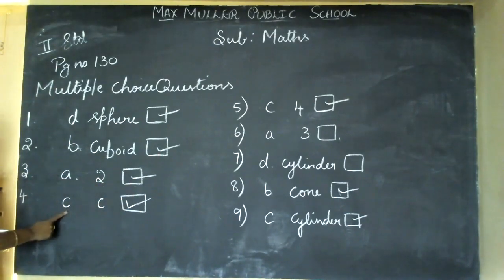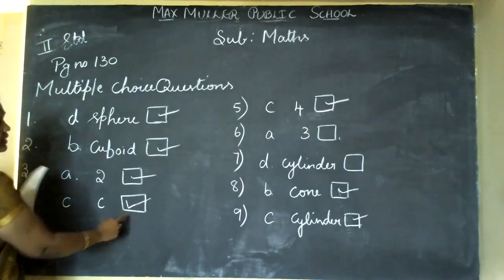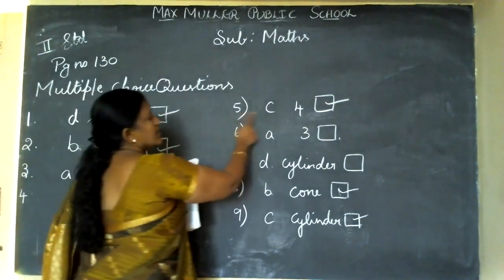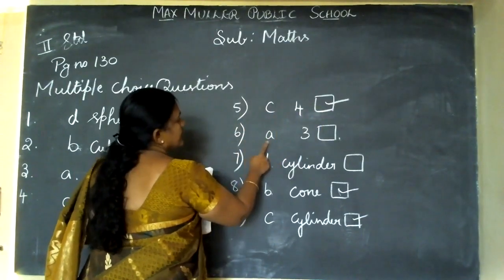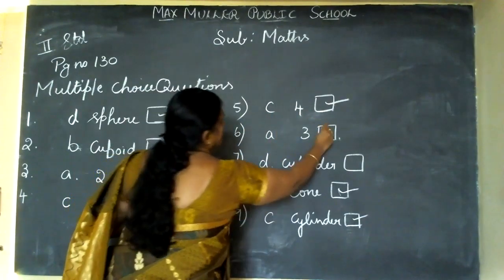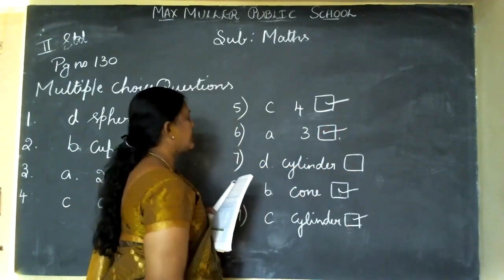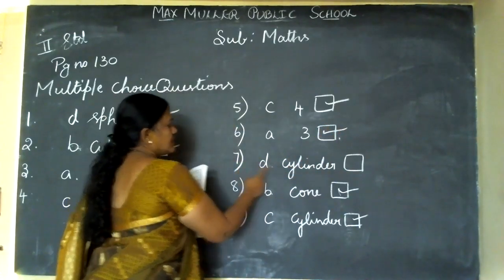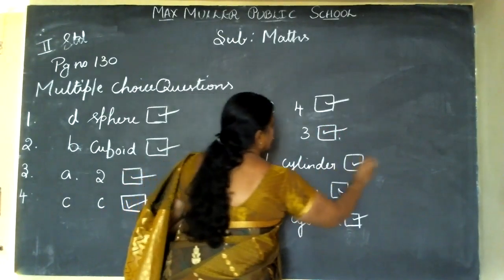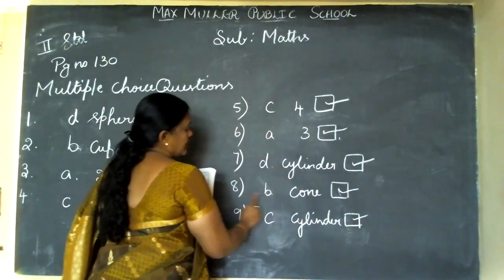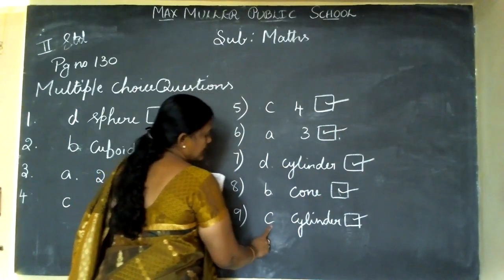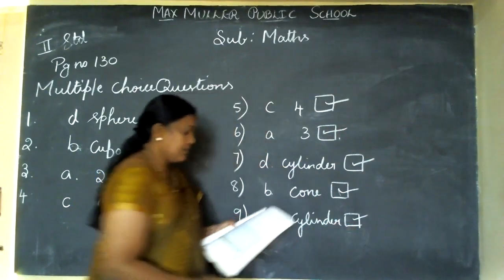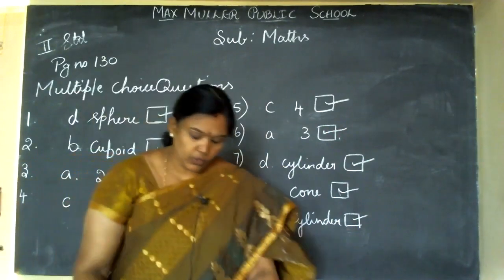Fourth one, C is the answer, tick. Fifth one, C, 4 is the answer for tick. Sixth, A, 3 is the answer. Want to tick for 3. 7th one, cylinder, D. 8th one, B is the answer, cone. 9th one, C is the answer, cylinder, tick. Understood, children? Now we will go to page number